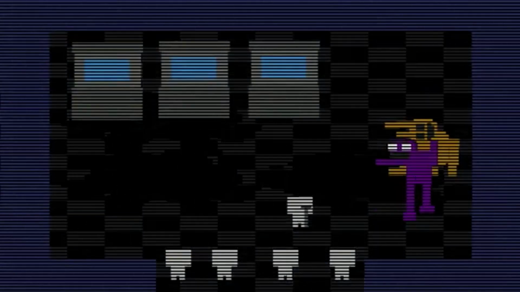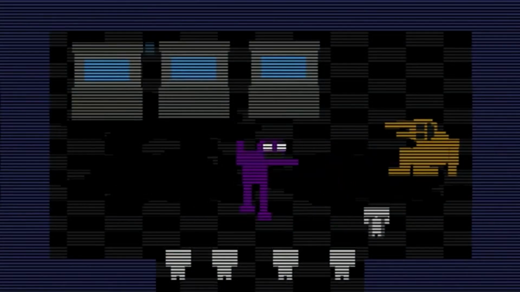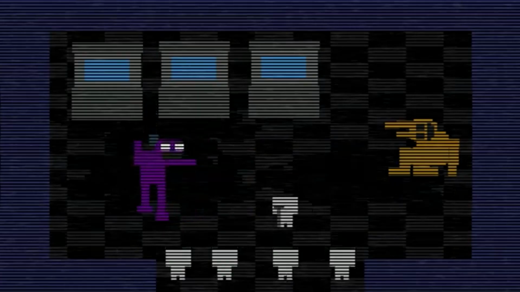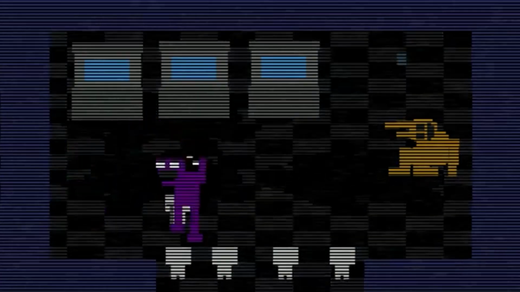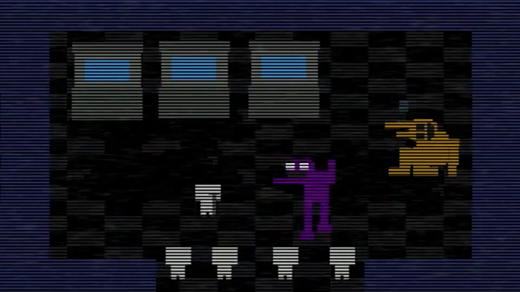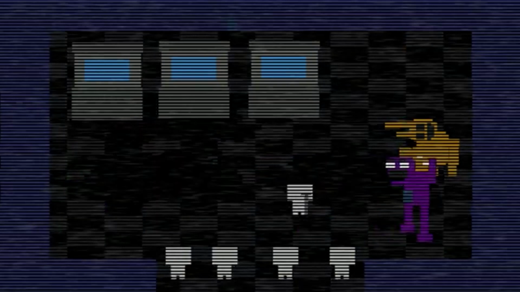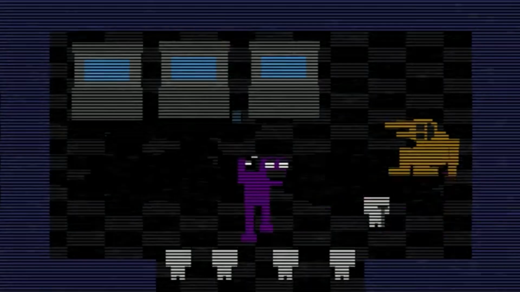Springtrap. The suit, at least. But as well, Purple Guy. And he's now not attacking you. He is running away from you. There are 4 other spirits there, and then it is you, the one that you control, making up 5 spirits. You chase Purple Guy, William, around in this tiny little room, and in the background you would